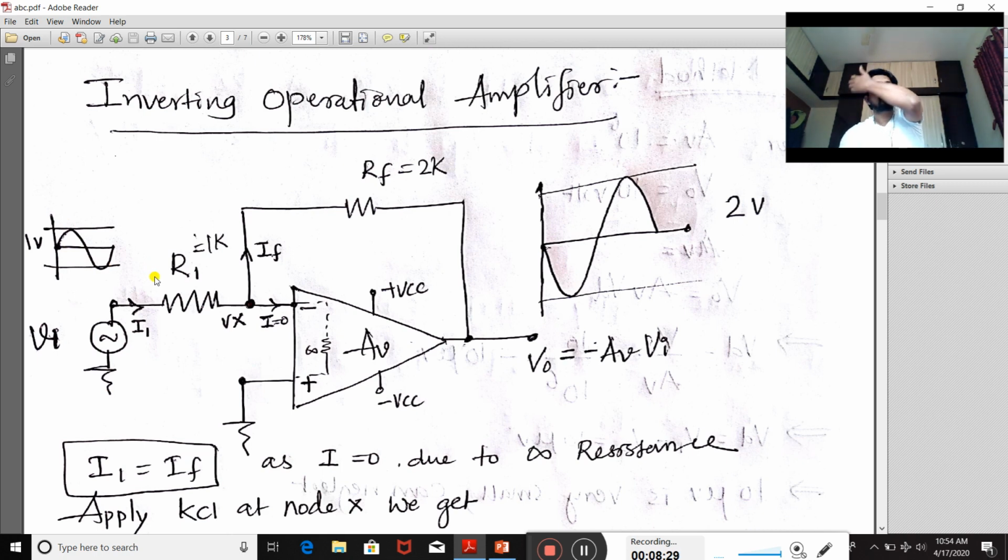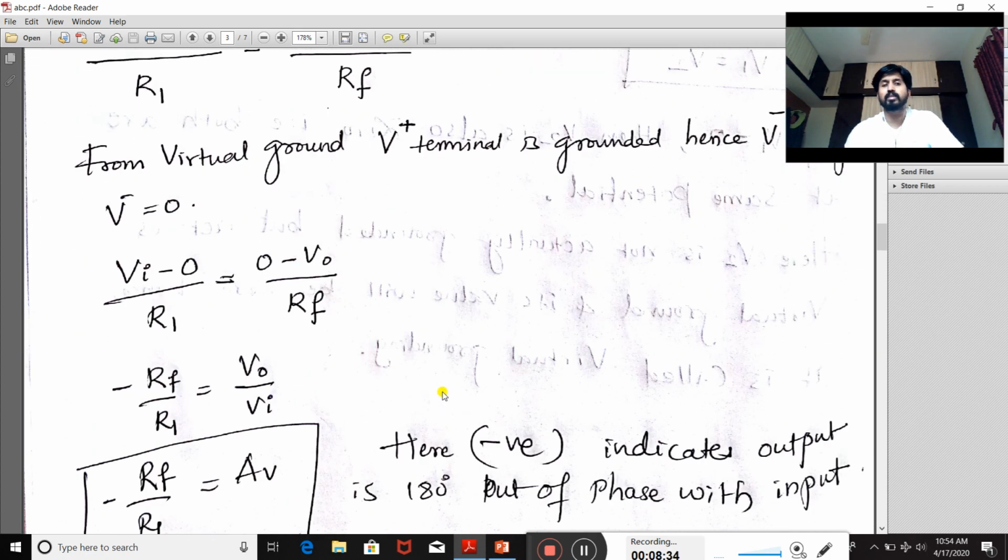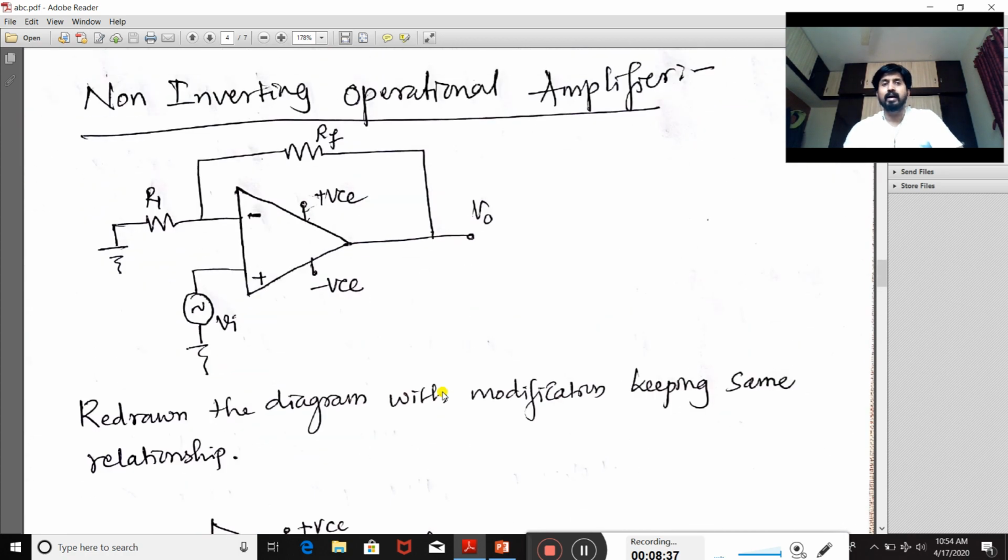Now let's move to the second case, the second type, the non-inverting operational amplifier. As the name says, non-inverting operational amplifier, and we have studied the classification based on where we connect the signal. In this case the feedback signal is available and that is negative feedback only, but the source is connected at the positive terminal. That positive terminal is called the non-inverting terminal, hence the name non-inverting operational amplifier. Now let's see how it acts.